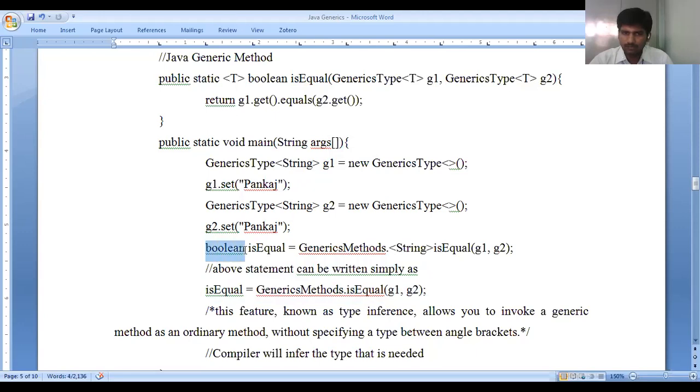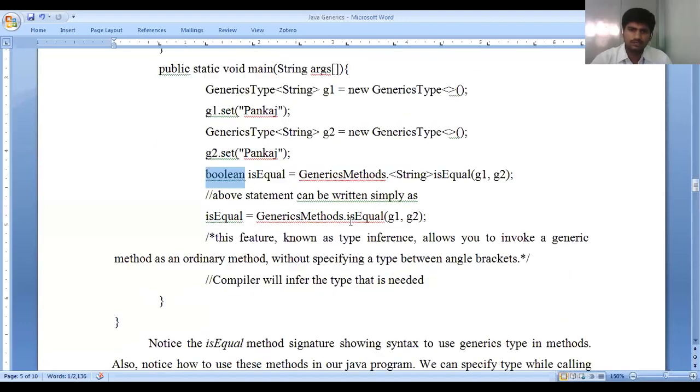So what is the meaning of Boolean? You can say simply it is true or false, so 0 or 1. Either you can say true or false. So the equal means what is the answer we can expect? Either it is true or it is false. We are not going to return any other value. Only for these types of things we are going to use a Boolean. So Boolean is used for return type as true or false, or 0 or 1.